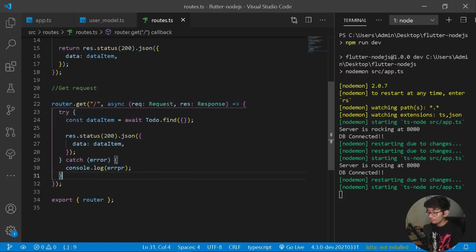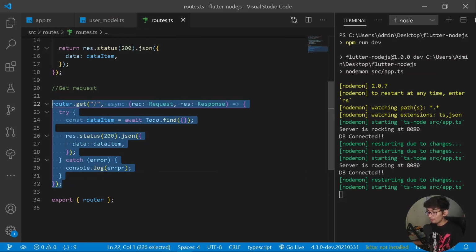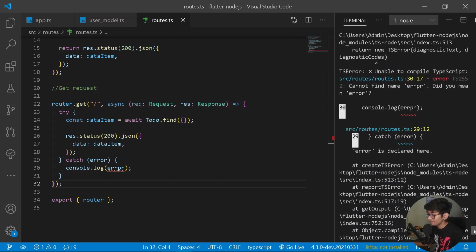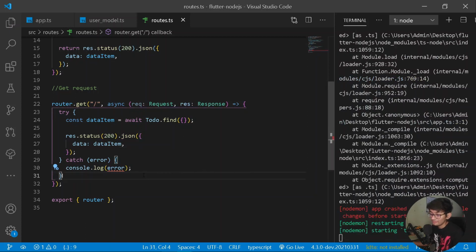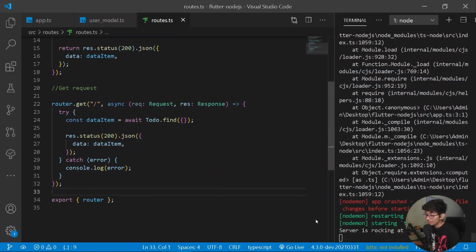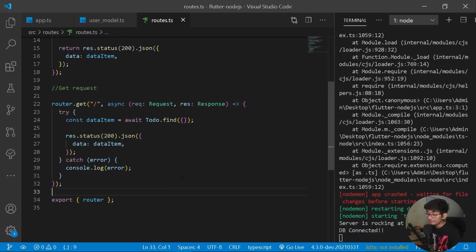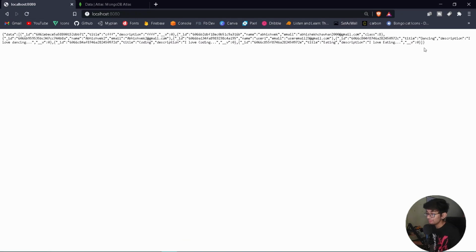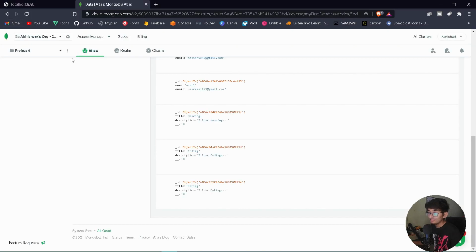So for testing it out, let's go onto our browser, but before that let's get our MongoDB connected. Alright, we are getting an error. What's the case? Alright, we can't find the error. I just misplaced it. So press enter and now let's load our entire application once. Cool, our server is rocking over 8080. And also our database is connected. So let's go onto our browser and reload our entire application once. Boom. Cool, so we are getting all of our data from our MongoDB Atlas, which is this entire data over our server.